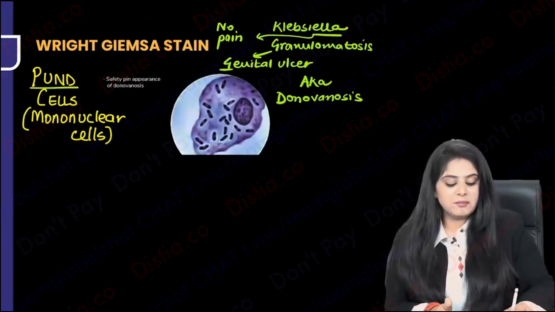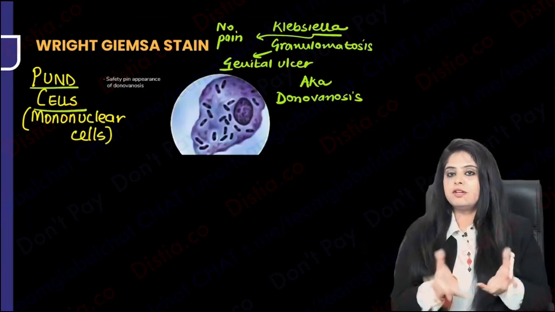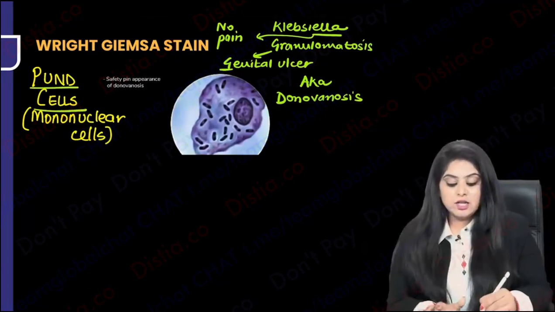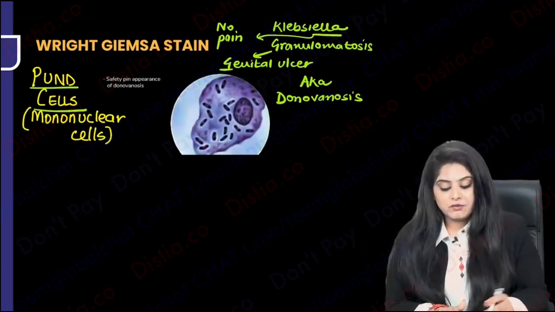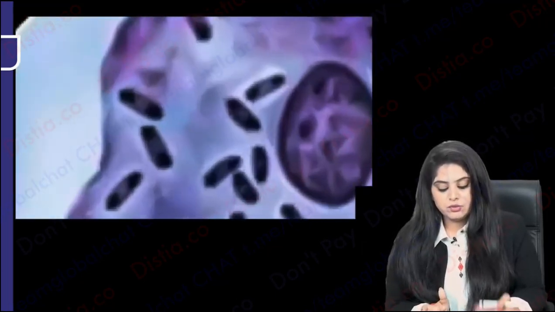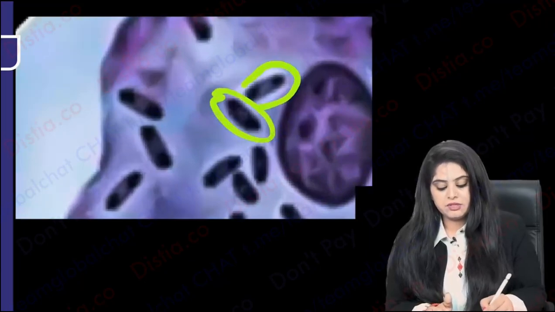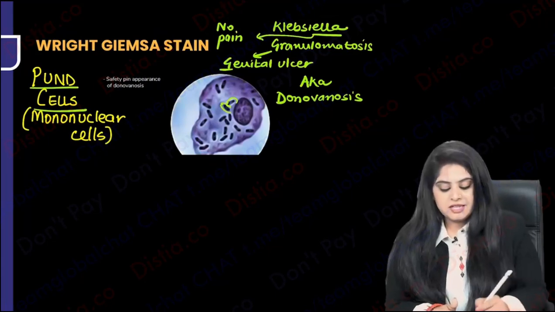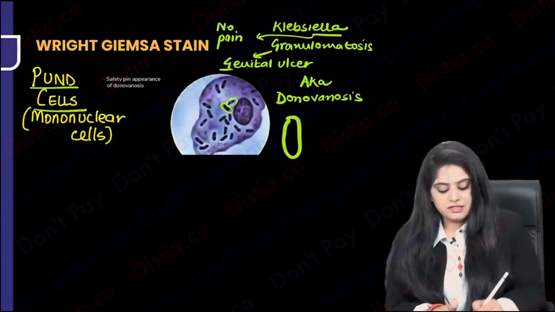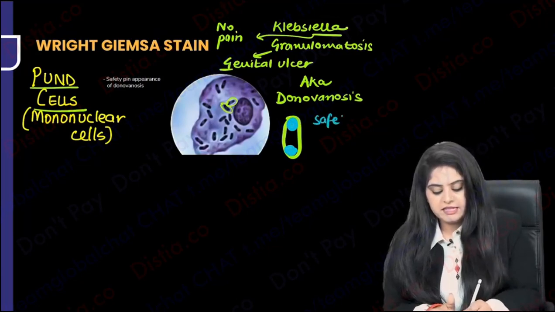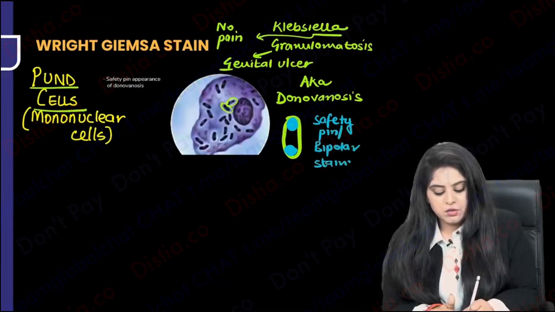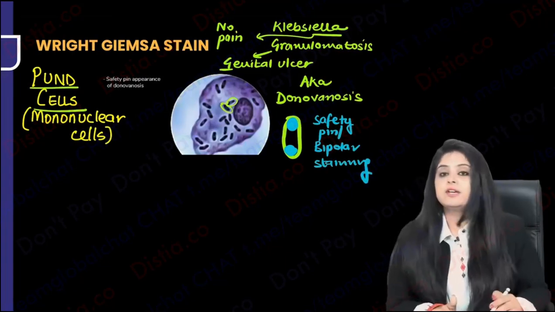Punt cell is nothing but a macrophage. There will always be a foodie macrophage which has eaten up everything, isn't it? So there's a really big cell which is said to be a macrophage, and that macrophage has these organisms which are showing you the very, very famous safety pin appearance. Guys, I'm going to give you a list in a while. Safety pin appearance basically means that there is bipolar staining that is present. Whenever we say safety pin appearance, in simple words, that means that there is a bipolar staining that is noted over there. So this is just one of the organisms.